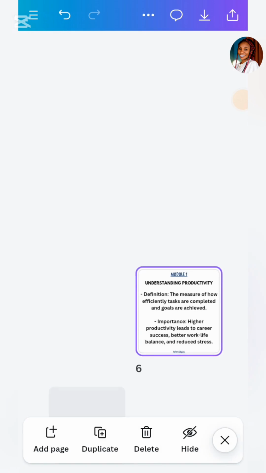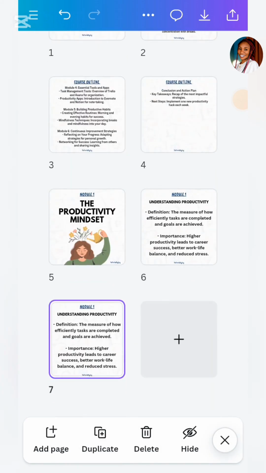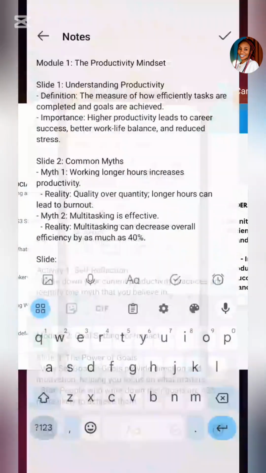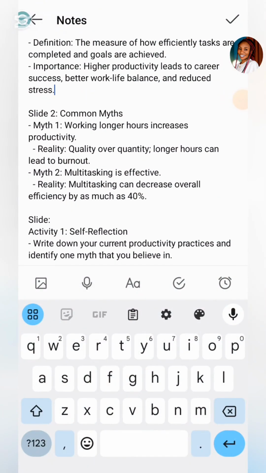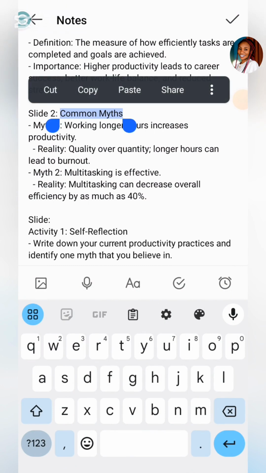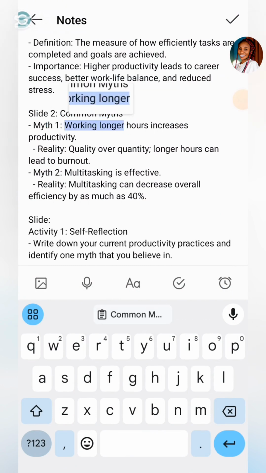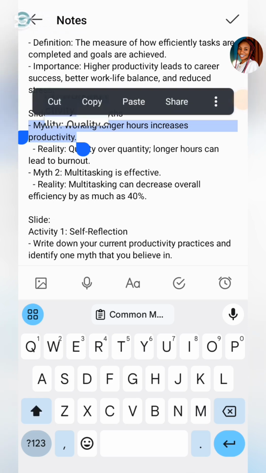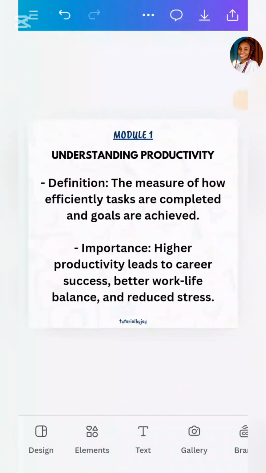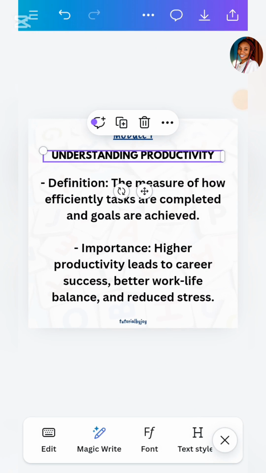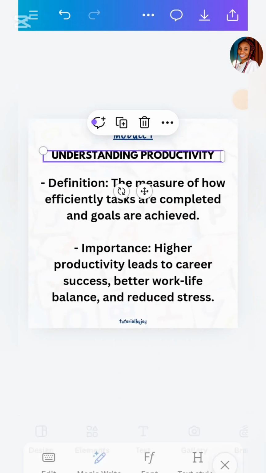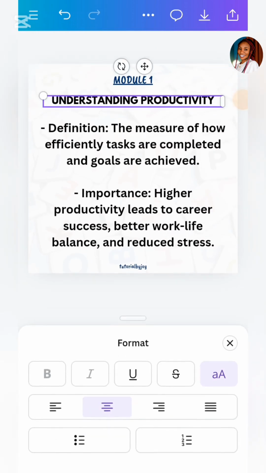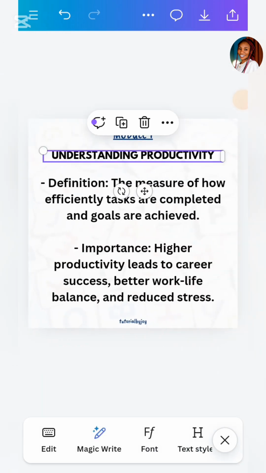So I'm going to pinch my screen and duplicate my first slide to get my second slide. So do the same for the second slide. Second slide, the topic is called common myths. So copy it and you copy all the myths, all that is under slide 2. Copy it. Don't cut. I'll have to underline the heading so I can differentiate that this is the heading. Okay,